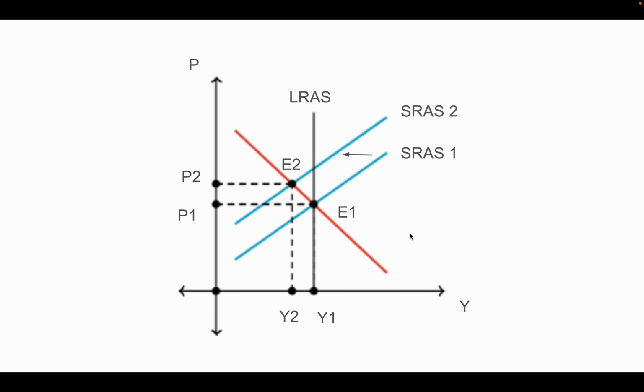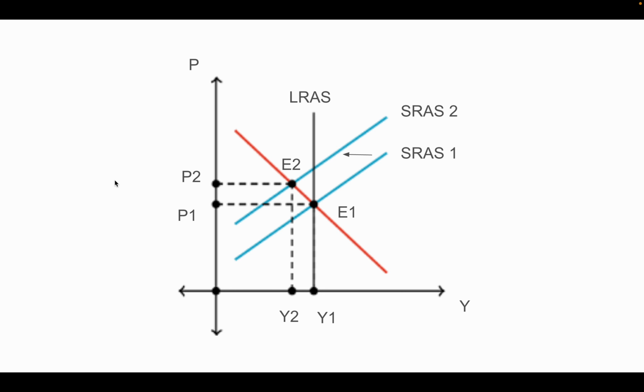In this video, I'm going to be discussing temporary supply shocks and how we can illustrate these temporary supply shocks in our graphs. Alright, so in this example that I have drawn up right here, we have our x-axis labeled as Y, which is our quantity or GDP, and then we have our y-axis labeled as P, which is going to